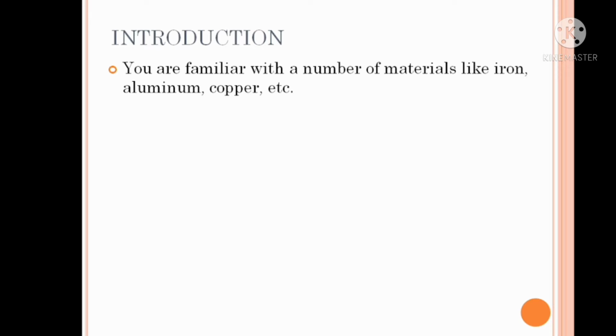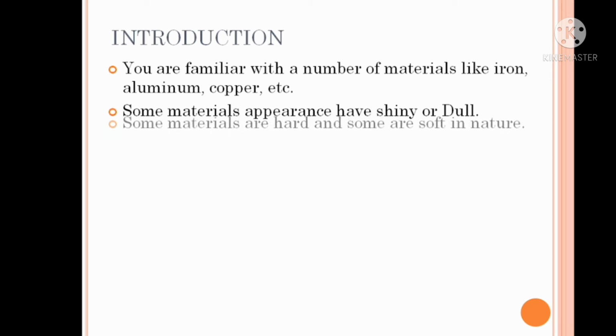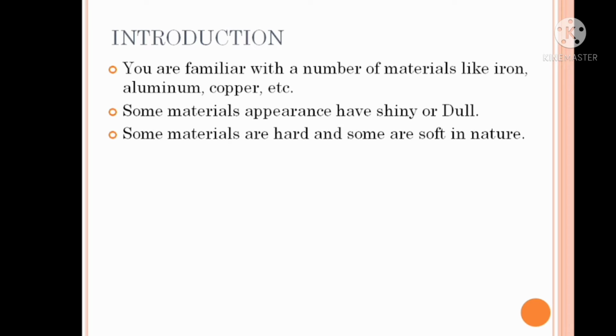These are materials you can see around us, and there are various kinds of materials we use in our day-to-day life. Some materials in appearance are shiny or dull. You have already seen steel material, it is a little bit shiny, and some iron is a little bit dull, black in color. Some materials are hard and some are soft in nature, that you have also felt and experienced